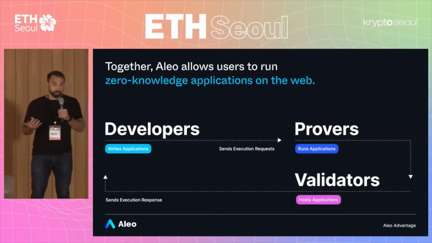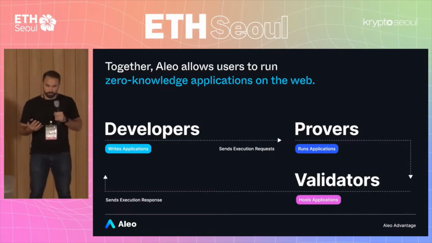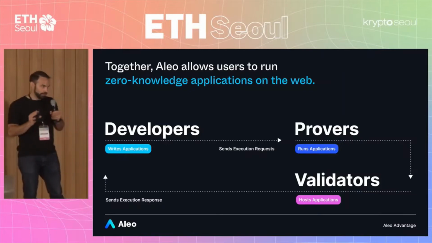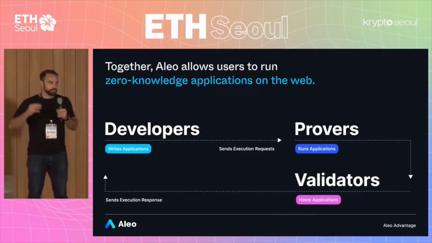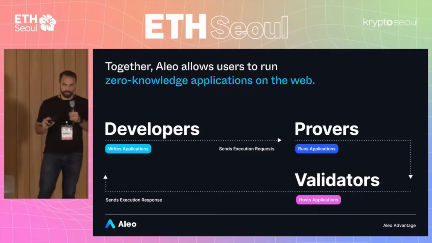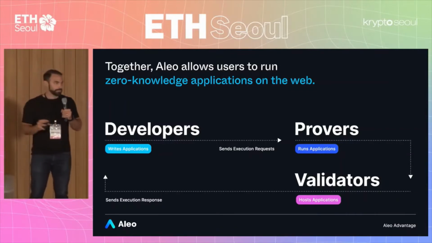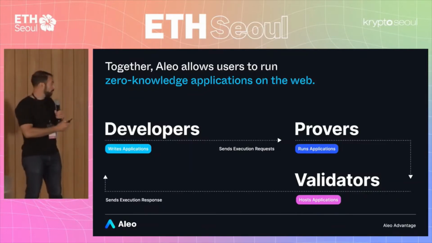In our model, you have developers that deploy programs to an on-chain program registry. So we have our on-chain registry, developers deploy a program, and that program is the compiled AVM bytecode that corresponds to the logic that they wrote. And now provers can, once they receive a transaction, a request from a user, or again, you could be the prover yourself, you take that AVM bytecode, you take the initial parameters generated during the setup, you synthesize all the information you need to generate a proof, you generate the proof, that gets wrapped into a transaction, and then that gets submitted on chain. And then state updates occur.